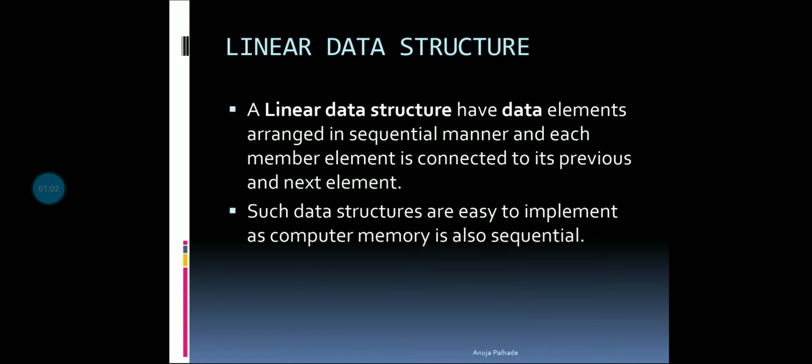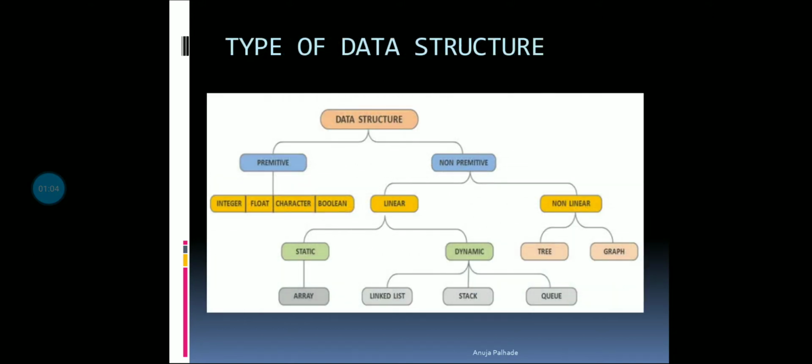See, I want to tell one thing here. If this is the tree, this data structure is the root of the tree. Then there are two main branches, one is this and the second is this. This is the left branch of the tree, this is the right branch. This is level 0, this is level 1, this is level 2, this is level 3, and array, linked list, stack is level 4. So these are the levels, and this is the one layer of data: integer, float, character.